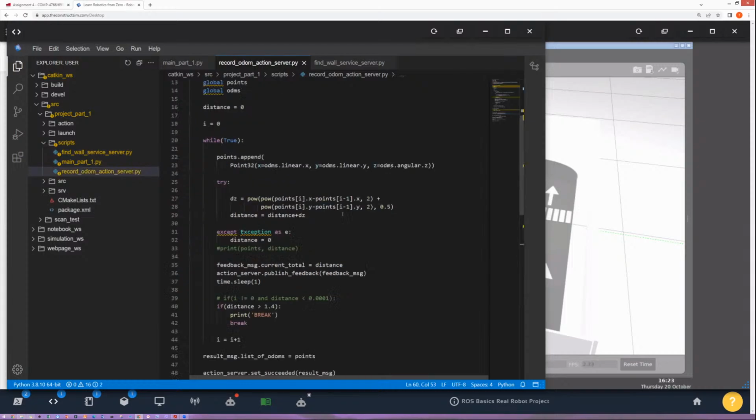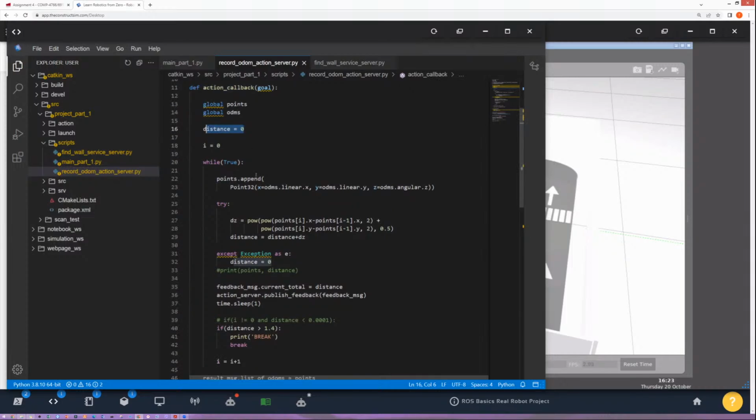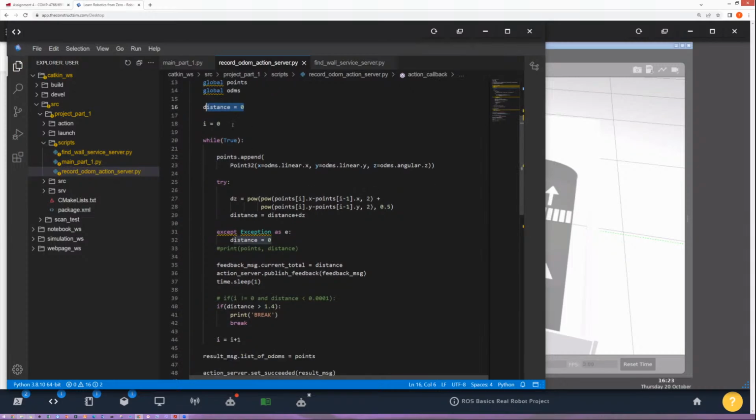In the action callback function, I initialize a variable called distance, initialized to 0. This measures the distance, and I have an infinite loop here, and there's a points array. This points array is used to store the Point 3D object which contains x, y, and z